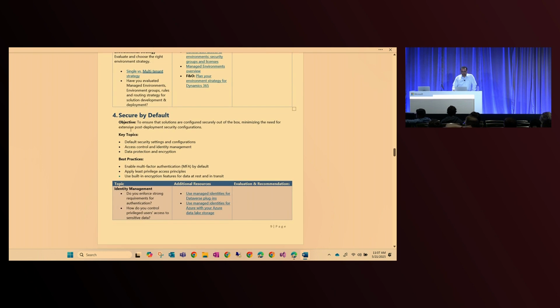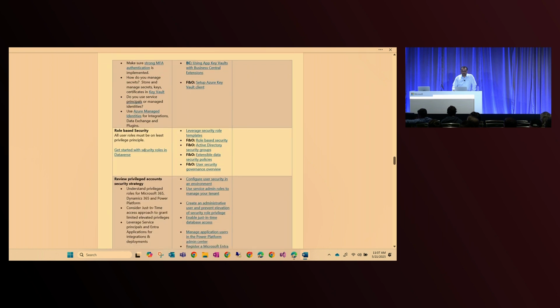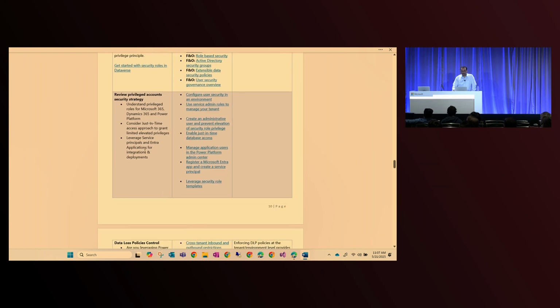The other section we have is secure by default. It talks about identity management. Is MFA required over there? What about the roles and security as well? If the people have privileged account, oftentimes which we find out is sometimes in your organization, maybe the administrator of Microsoft 365 tenant, they may be the administrator of Power Platform as well, and they may be the administrator for the Azure tenant as well.